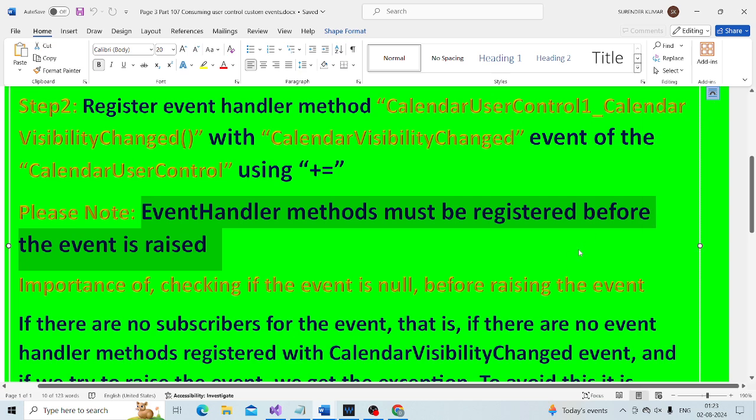Now we are doing the registration within the page load event. Where is the page load event?